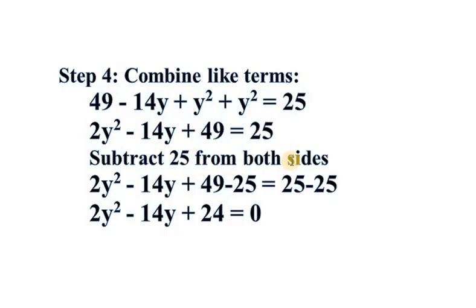Subtract 25 from both sides: 2 times y raised to 2 minus 14y plus 49 minus 25 is equal to 25 minus 25. Then 2 times y raised to 2 is equal to minus 14 times y plus 49 minus 25 is equal to 24, and 25 minus 25 is equal to 0. So our step 4 result will be ይሄ ይሆናል ማለት ነው።